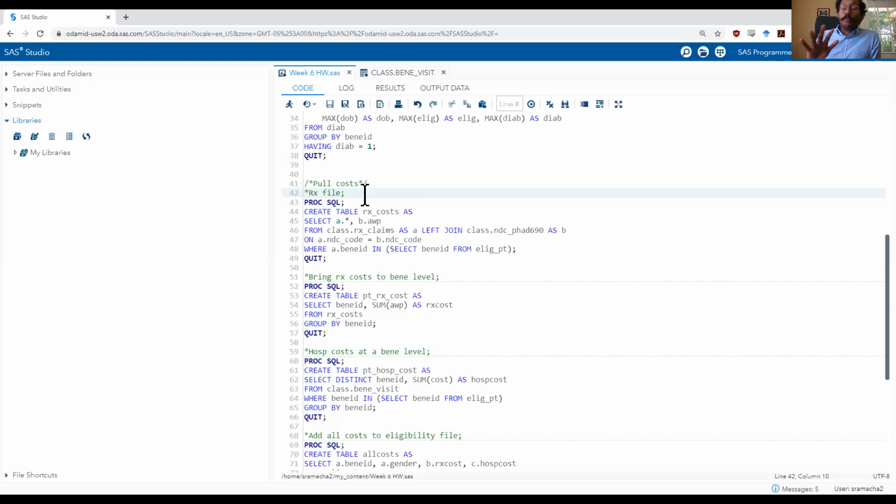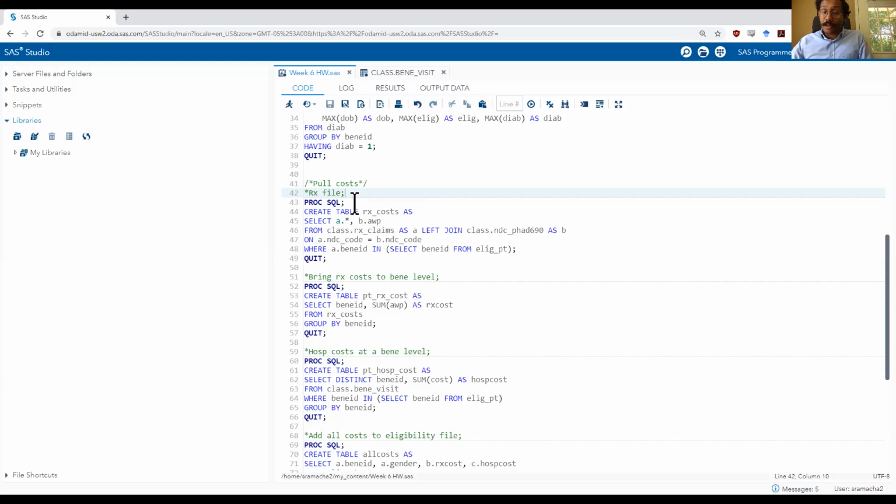So when you are trying to calculate healthcare costs, do not attempt to separate costs that are because of diabetes versus costs that are not because of diabetes. This method of calculating costs is called all costs healthcare costs. And I don't want to get too much into the study design and theory and operationalization of healthcare costs, but just take my word for it that when we are calculating costs, especially for this homework, we want costs attributed to any healthcare utilization, not just diabetes related healthcare utilization.